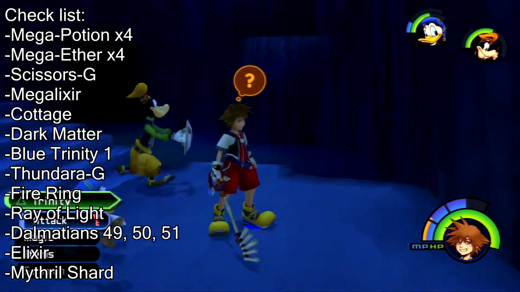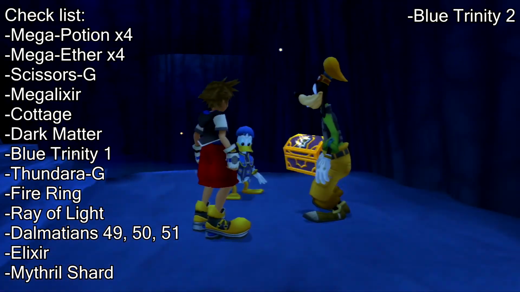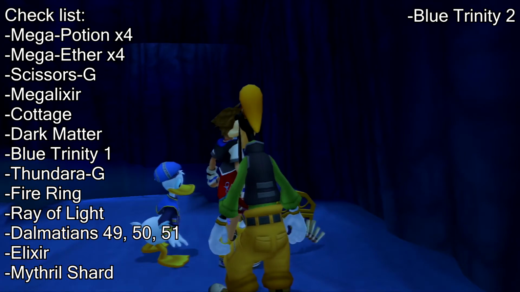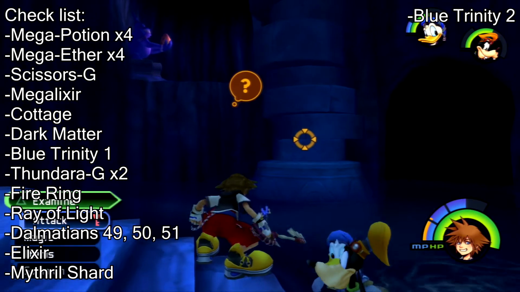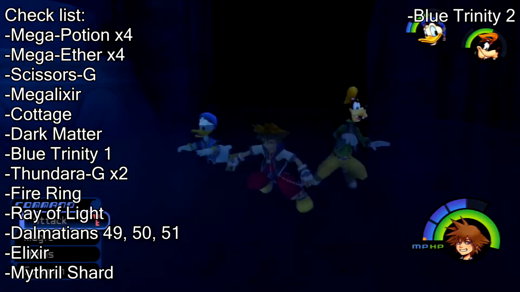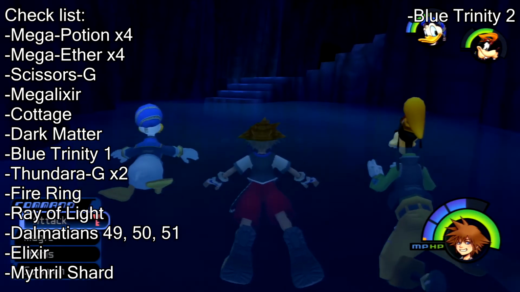Then we're gonna get this blue trinity, and after we get the blue trinity, we're going to go into the hidden room and knock down the pillar, which, I mean, you can do it any way you want. It's not a big deal. But after the pillar breaks, we get spit out right here, and we're going to swim back to the silent chamber